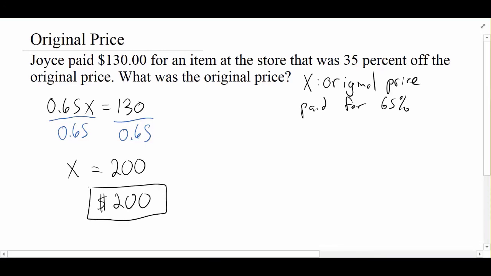And make sure to check your answers like this. How long did that just take me to check the answer? I even made a mistake in checking it. I typed it in wrong. And it still took me 5-10 seconds. Take that time to do it because we all make mistakes. And when it comes to these kinds of numerical problems, it's easy to make a mistake. So first of all, make sure your answer makes sense. That if we're looking for the original price after a sale, it's going to be more than what we paid. So the 200 makes sense for that. But then also actually plug some numbers in and double check your work.